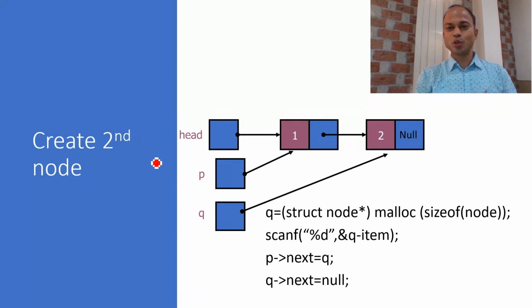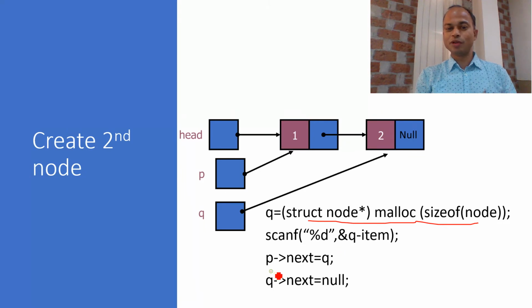Say we have two nodes, we need the creation of one more node. So we can create the node using the malloc function, and say this node is created and we are keeping the address of this node in the pointer q, and we are maintaining a pointer p. The p pointer contains the address of just the previous node. So pointer p contains the address of the first node and we need linking, I mean the next part of the first node should contain the address of the second node.